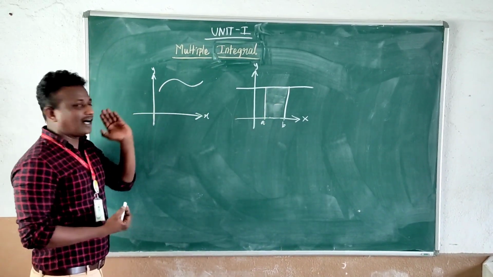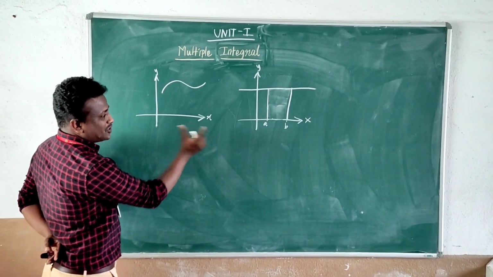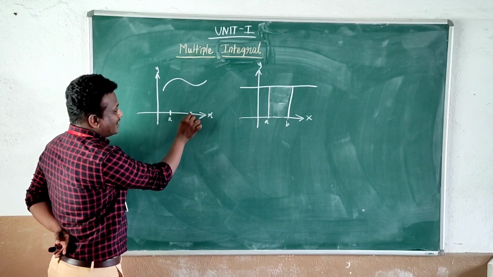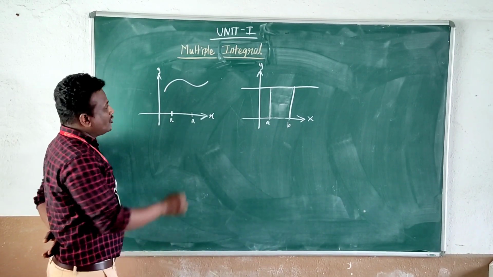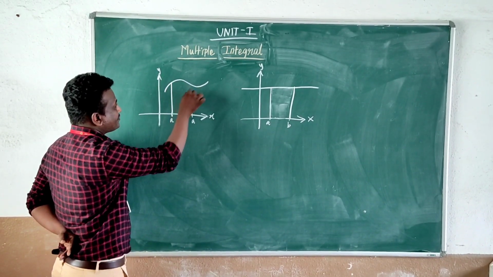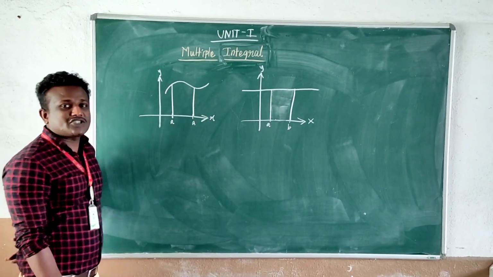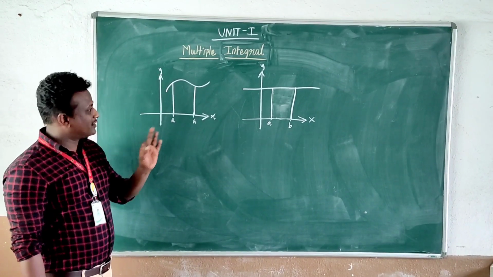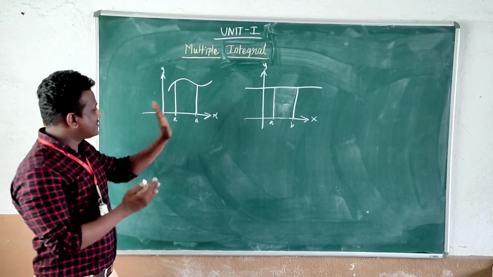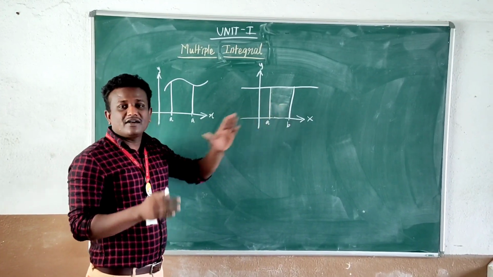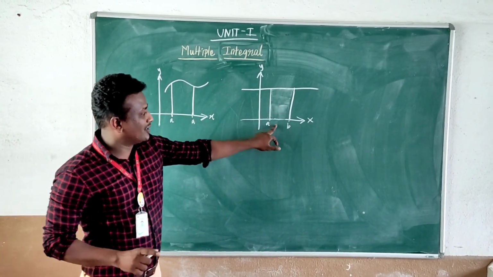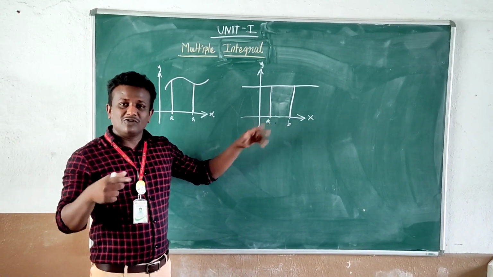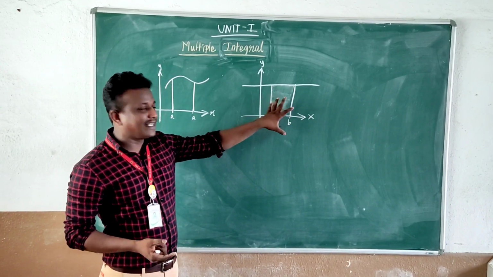Let us come to this graph. Again I am going to follow the same situation on this graph. I am going to take 2 points, the first point and the second point, and connect these 2 points. Just imagine, here also we want to find the area. That is our task. Compare this graph with this one. Here we have a regular rectangular shape, so we have a formula to find the area. By using that formula we can easily calculate the area.